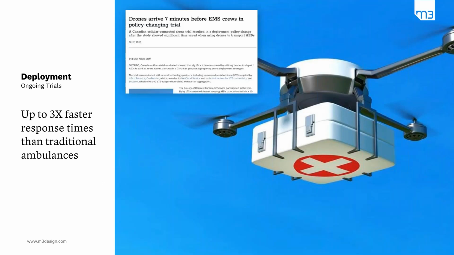And part of this too is seeing drones more and more in emergency response. There are many different studies underway by different companies and in different countries. Most of those studies are showing that drones have a much faster response time than ambulances, most of them reporting up to 3 times faster. I read one that was 7 to 15 minutes faster. So those first few minutes are so critical in care, and the drone's ability to get to the patient that much faster is really a very significant thing in terms of survivability for the patient.